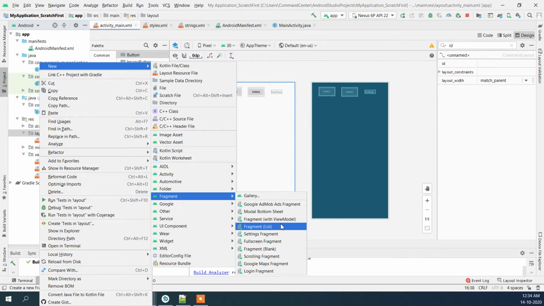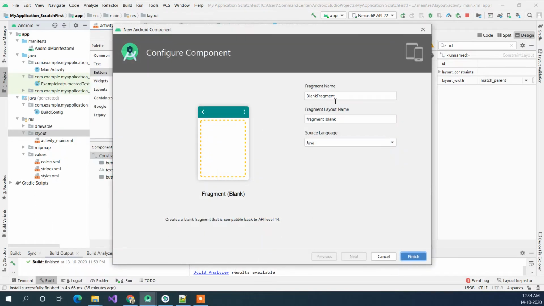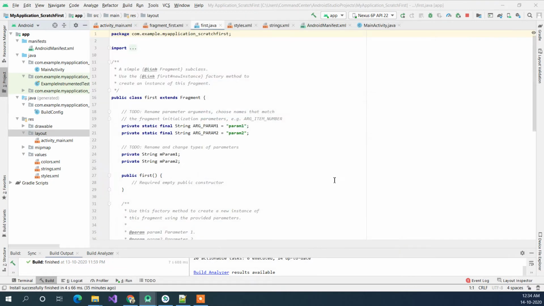We will be discussing ViewModel in later videos, or maybe some other time, but for now we will use just Fragment (Blank). It will ask for the name, so let's say it will be the first segment, and we just click on Finish.